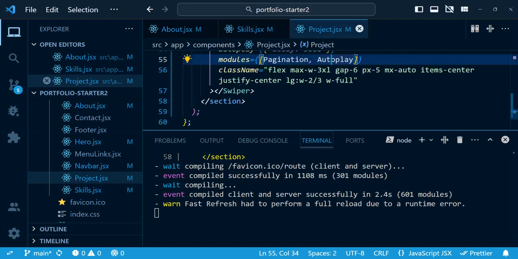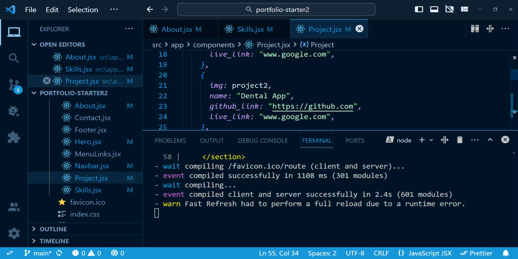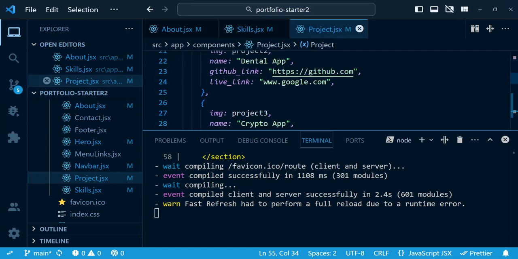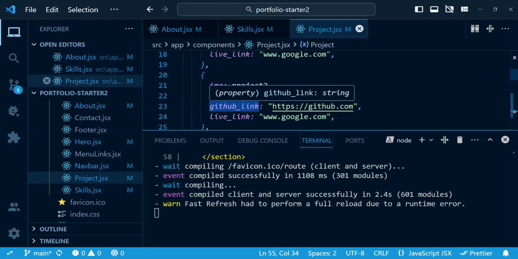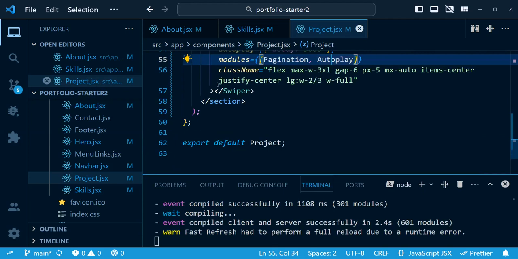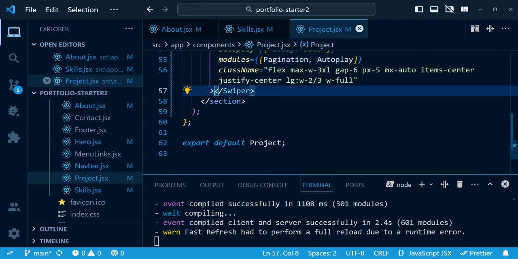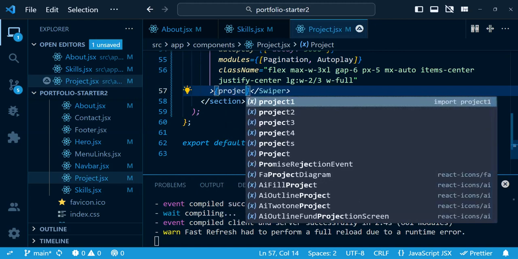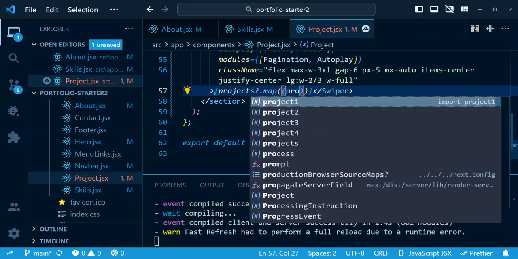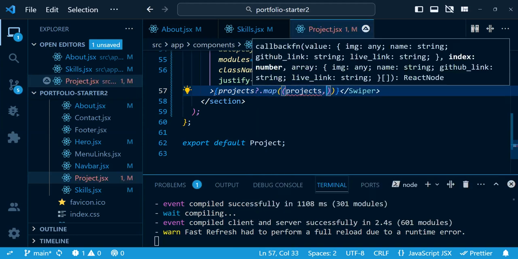Now let's render the elements which are found on the swiper element. So in the swiper element we will render the project array. We'll loop over the projects array and we'll render this image, name, GitHub link and live demo link. So let's come here on the swiper element and let's loop over the projects array, projects dot map, projects and i,